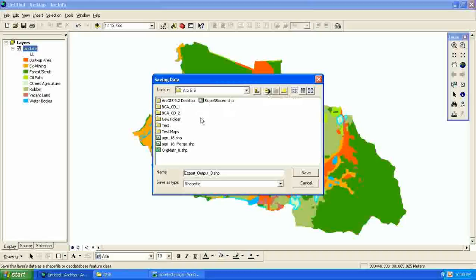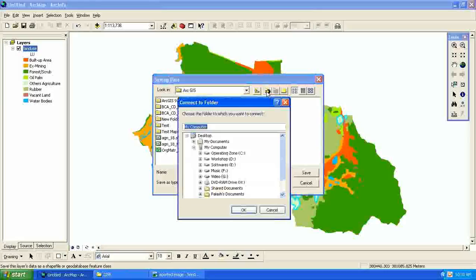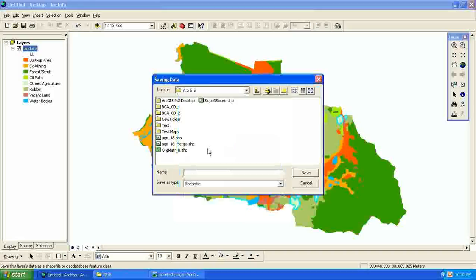our destined folder, and I would prefer the option which is called connect to folder. When you click connect to folder, you would see the Explorer, which is familiar to you. This is the Explorer of Windows, which is used to navigate to any place. I would like to save my folder in my documents. I would like to double click on documents and click on it. Okay, and in my documents I would like to